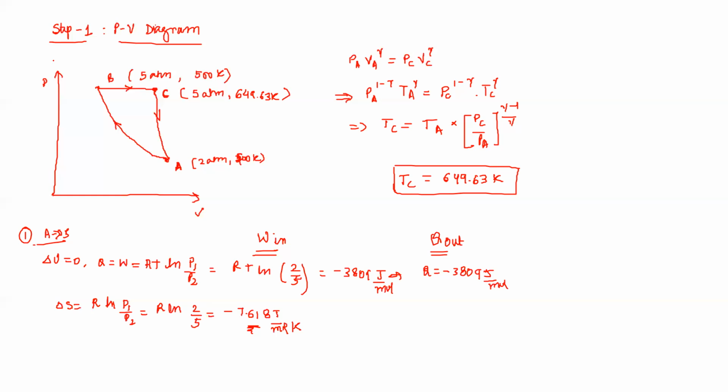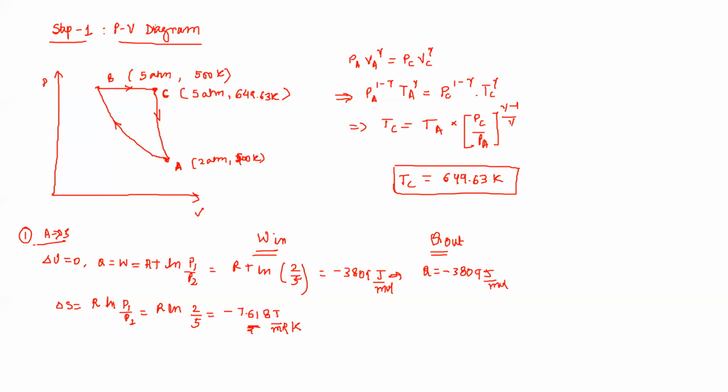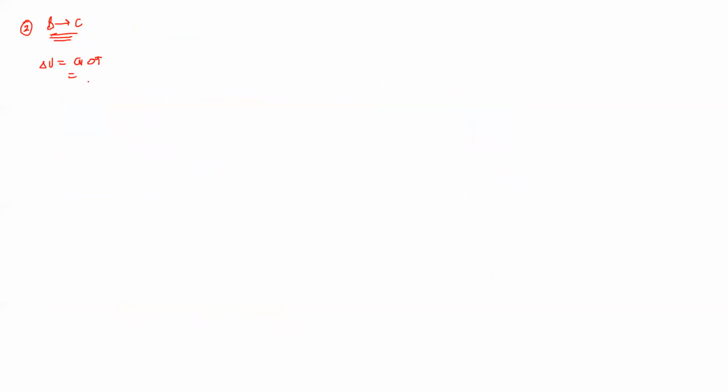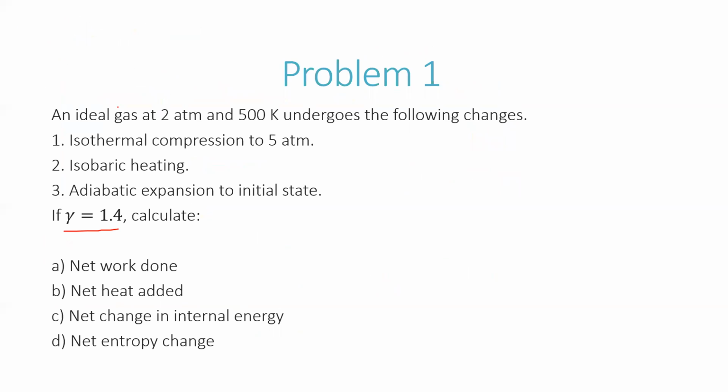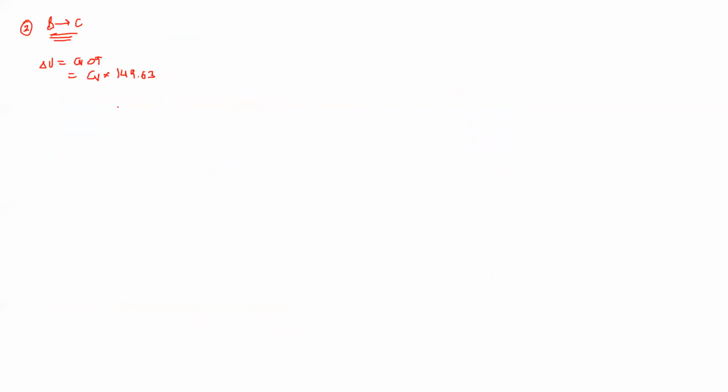That is step 2, which is B to C isobaric heating. So in B to C, your internal energy is going to be Cv delta T. Now, delta T is TC minus TB, that is 649.63 minus TB, which is 500. So that is Cv into 149.63. Now, how to calculate Cv? We know gamma, right? So since we know gamma,